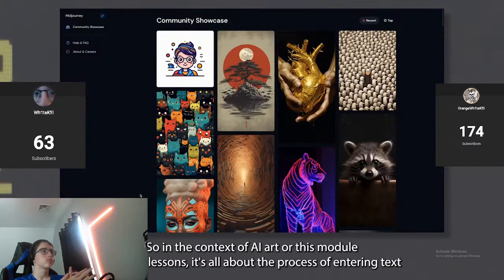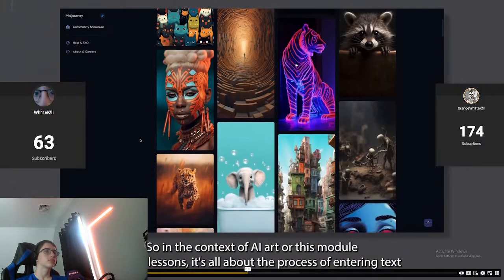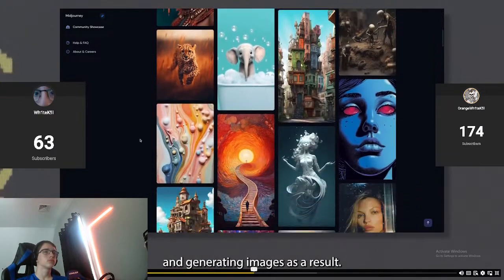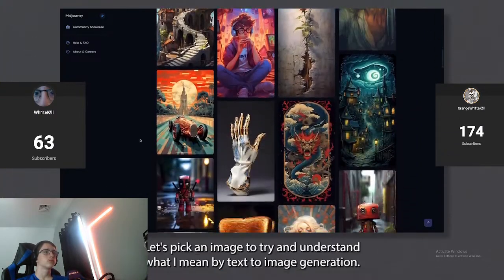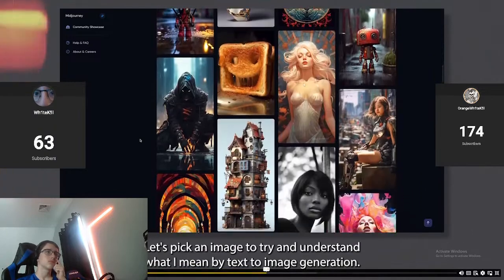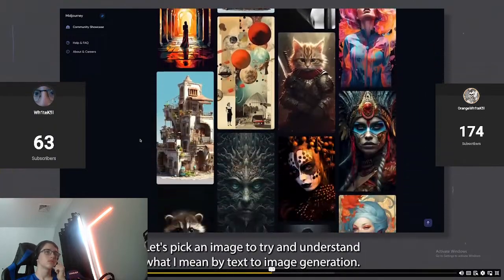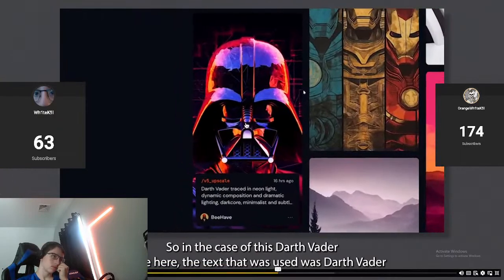So in the context of AI art or this module or these lessons, it's all about the process of entering text and generating images as a result. Let's pick an image to try and understand what I mean by text to image generation. So in the case of this Darth Vader image here, the